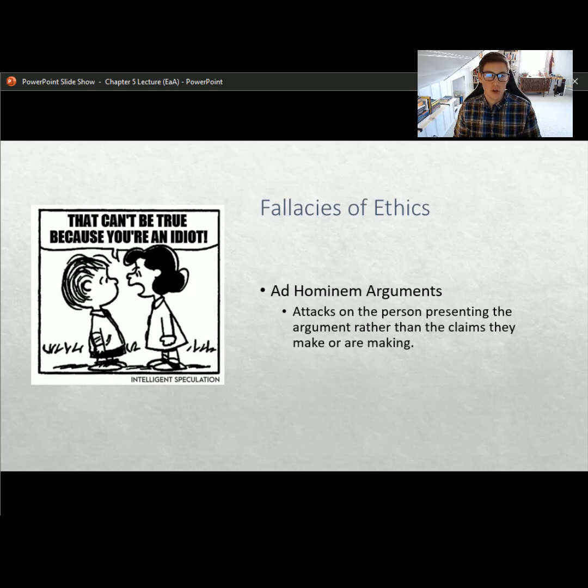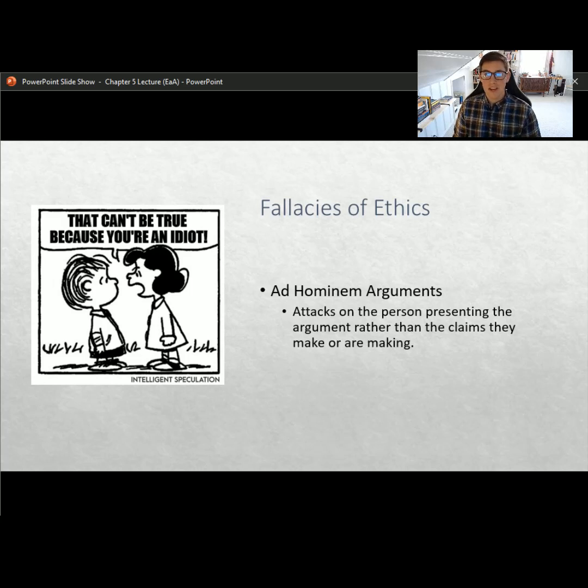This gets a little bit tricky when we start thinking about character and how we value different people and different things. But the crux of this logical fallacy is that we want to avoid attacking the people making an argument and attack the logic, the reason that they're using to support that argument. That'll go a long way to helping you be more critical of arguments, but also to make better arguments and